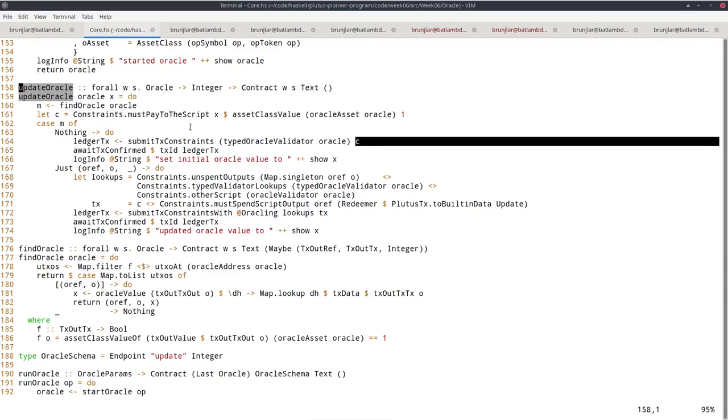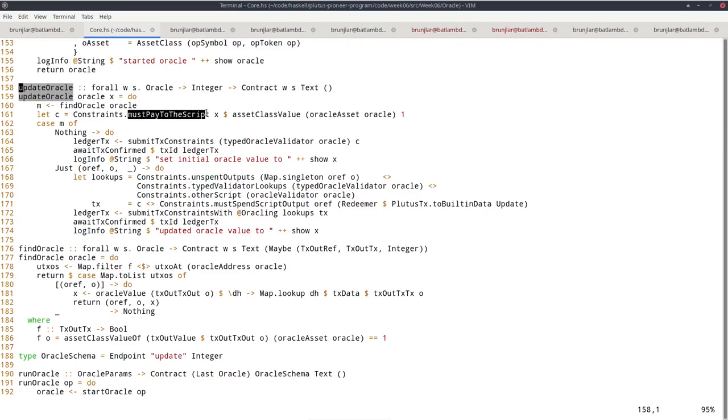So I use constraints must pay to the script. As the name suggests, that provides a way to say the transaction I'm constructing must have an output that pays to a script address. And the arguments are the datum and the value I want to attach to that output, and that's it.